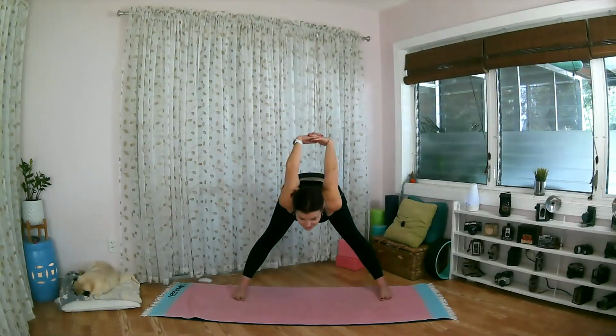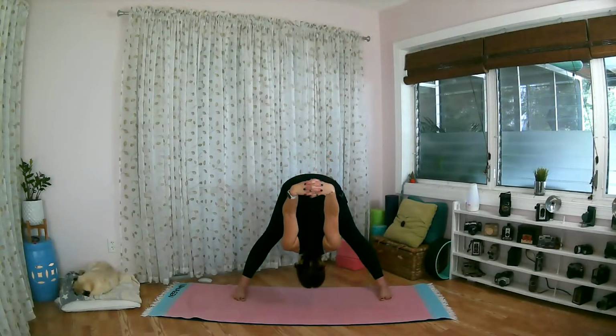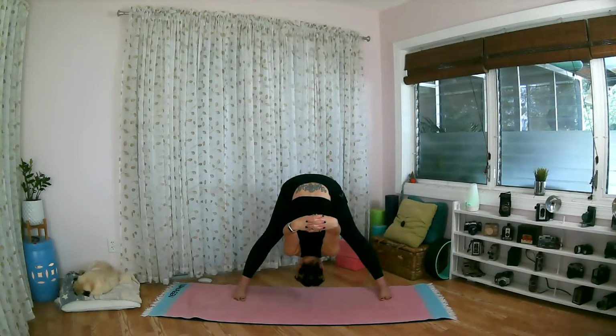Exhale, interlace your fingers behind your back. Inhale, straighten your arms, squeeze your shoulders, and exhale, fold forward, bowing your head towards the mat. Lift the hands up off your back. Deep breathing for 1,